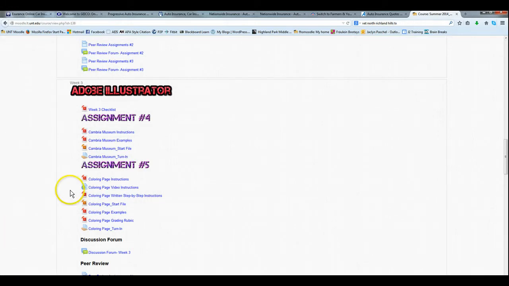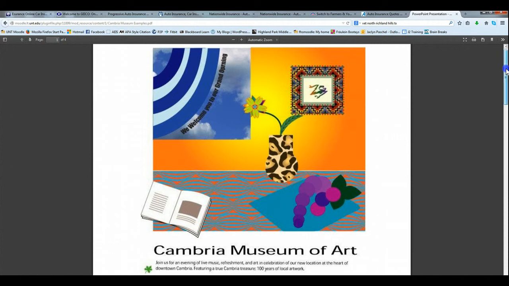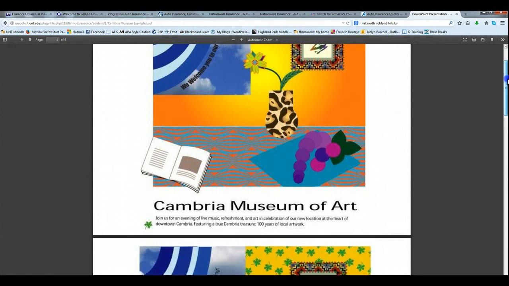Today I'm going to show you how to do assignment number 4, which is the Cambria Museum. Basically, you're going to be learning how to use the shapes and drawing shapes in Illustrator. Most of ours are going to look basically the same, minus the colors. You're going to have the opportunity to choose what colors you want for your